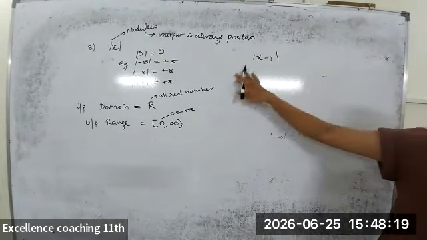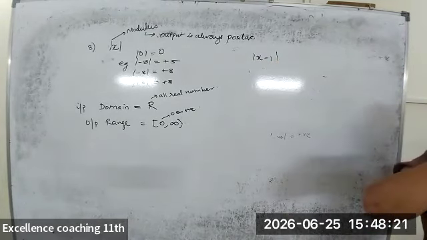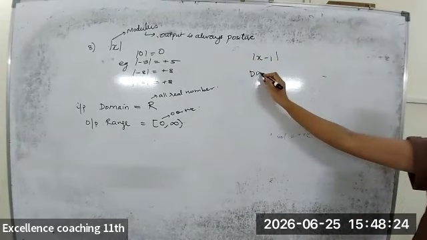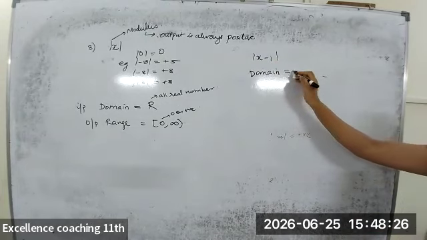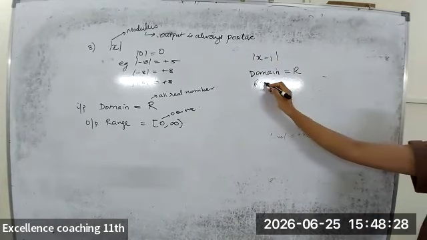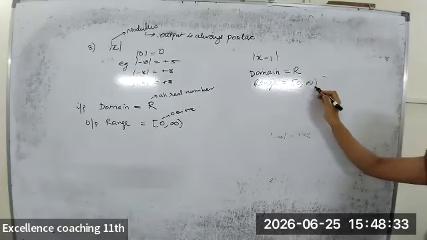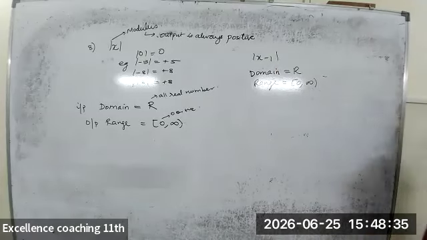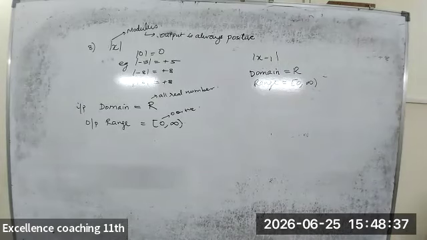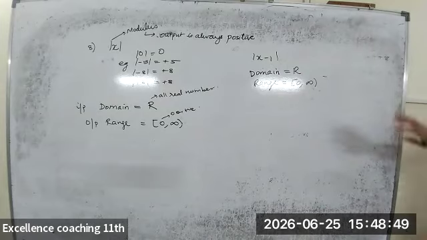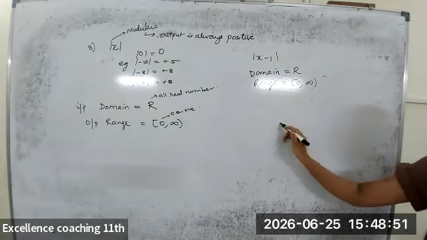So no matter what, modulus of x - 1 also, x - 10 also, remember for modulus, the domain is always all real numbers and the range will always be 0 to infinity. So whichever modulus is there inside, x - 1, x - 2, or 2 - x, whatever it might be, you can give any input, it doesn't matter, the output will always be positive. Clear? Now if it was in the denominator,